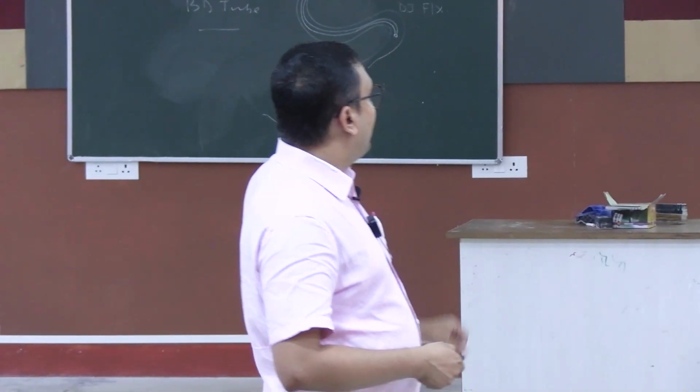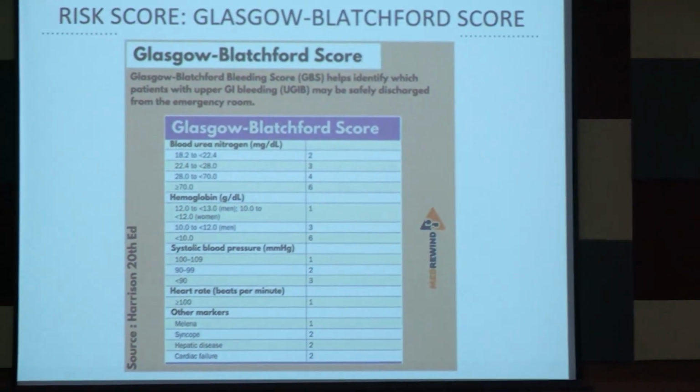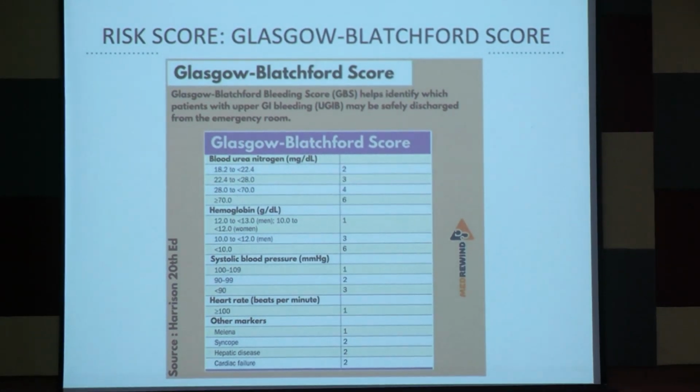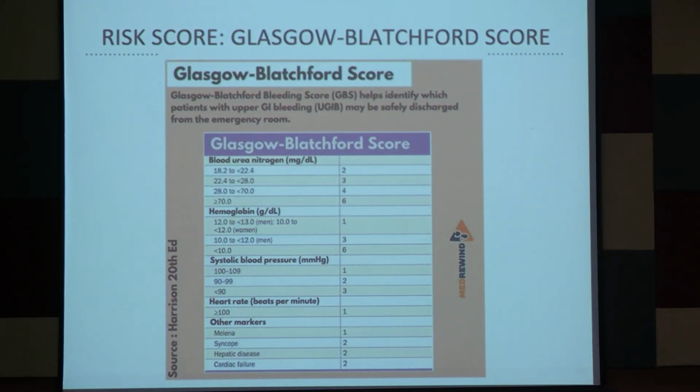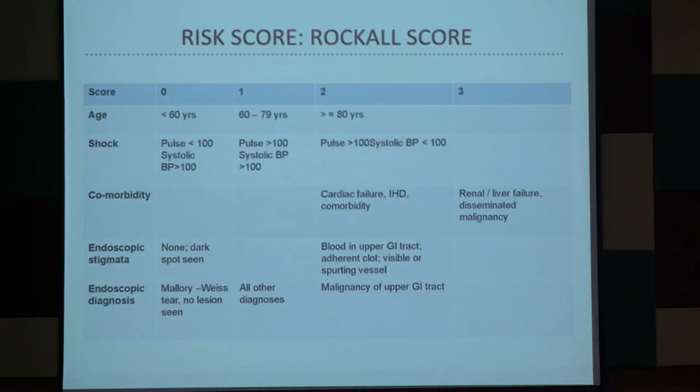এইটা হলো গ্লাসগো ব্ল্যাচফোর্ড স্কোর। কি কি দেখছে, বার্ন দেখছে, হিমোগ্লোবিন দেখছে, সিস্টোলিক ব্লাড প্রেসার, হার্ট রেট, আর আদার কিছু পয়েন্ট, ম্যালিনা, সিনকোপ, হেপাটিক ডিজিজ, কার্ডিয়াক ফেলিওর। ঠিক আছে, মানে এই গ্লাসগো ব্ল্যাচফোর্ড স্কোরের জন্য আমার কোথাও এন্ডোস্কোপের দরকার নেই। বিফোর এন্ডোস্কোপি উই ক্যান স্ট্র্যাটিফাই দ্য রিস্ক বাই দ্যাট স্কোর। Rockall স্কোর নিডস এন্ডোস্কোপি, কারণ দেখ এজ, সব কোমরবিডিটিসের পরেই চলে আসছে এন্ডোস্কোপিক স্টিগমা, তারপরেই চলে আসছে এন্ডোস্কোপিক ডায়াগনোসিস। সো টু ডু ফুল Rockall স্কোর ইউ নিড এন্ডোস্কোপি। এইটুকু জানলেই সাফিসিয়েন্ট, এর বেশি এর মধ্যে কি লেখা আছে পড়ার কোনো দরকারই নেই।